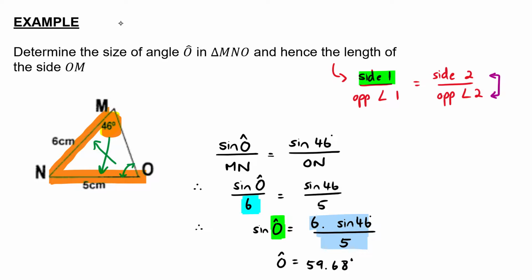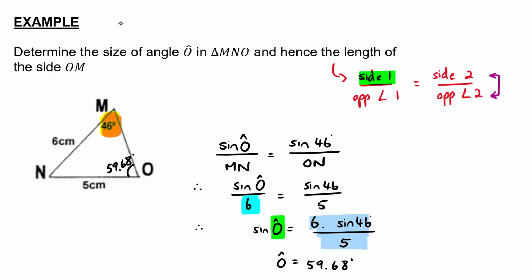59.68 degrees. And then you can go and fill that in. So angle O is 59.68 degrees. Now, one thing that you might need to remember, especially when dealing with the sine rule, is that whenever you're